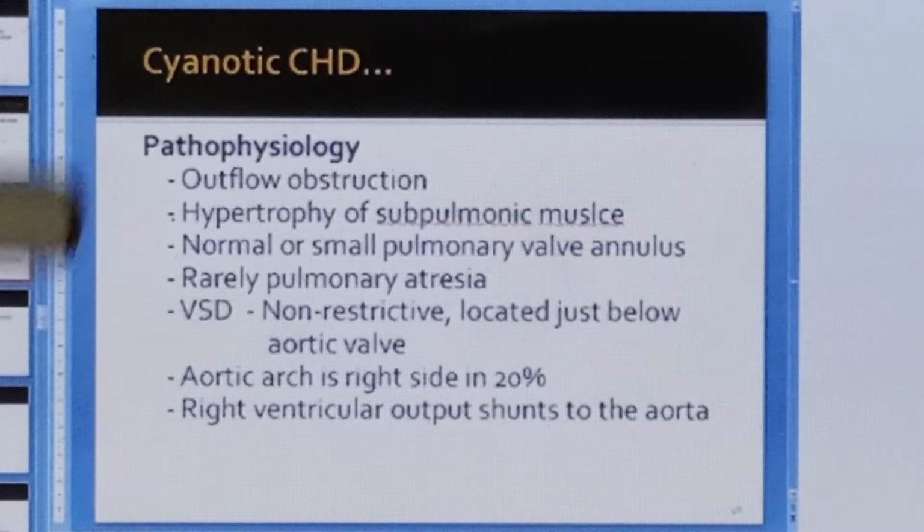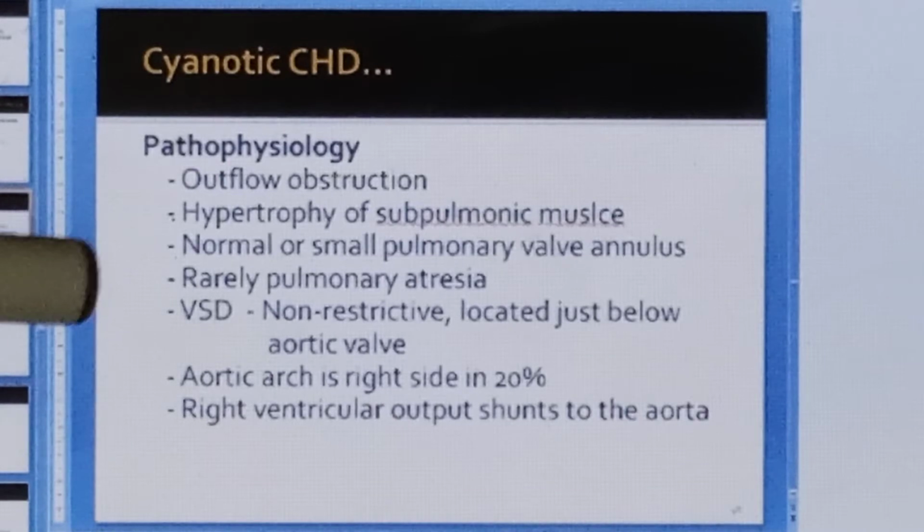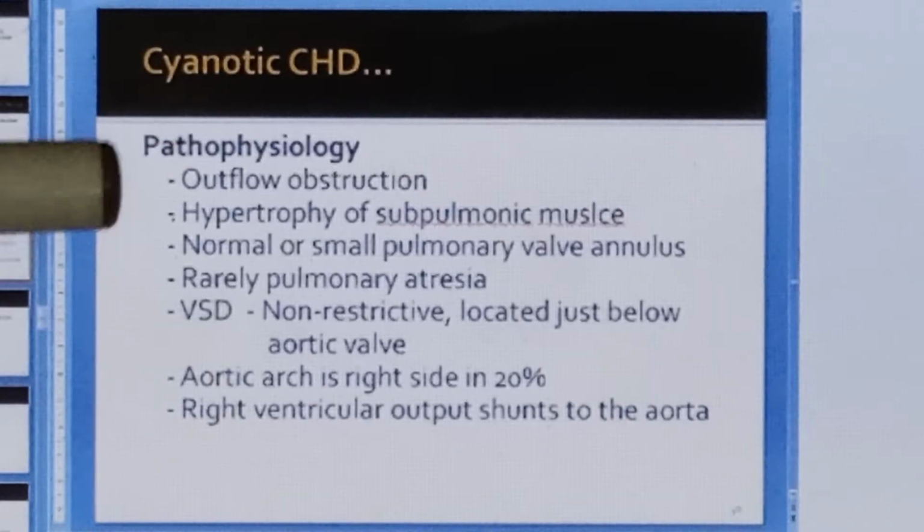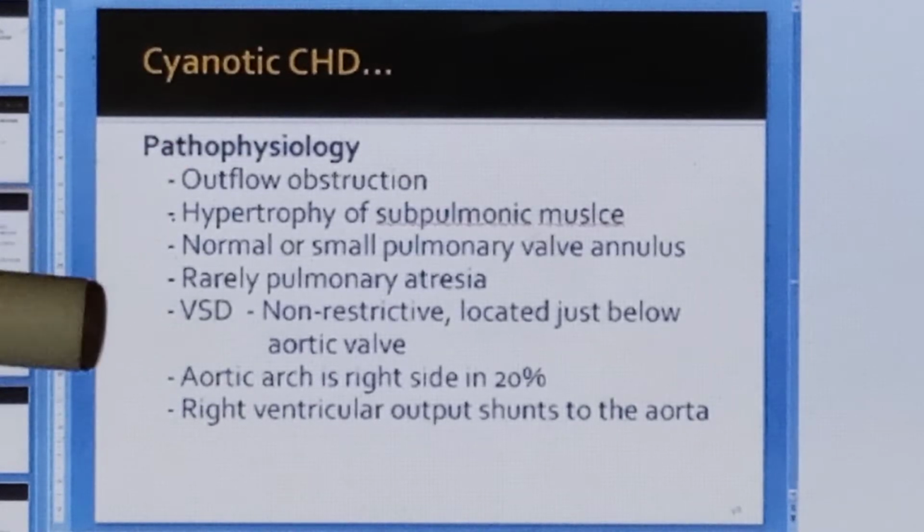And the main pathology here is that there is decreased oxygen supply to the viscera, which leads to hypoxia as well as cyanosis. Due to less oxygenated blood, there is hypoxia to the tissues, which leads to syncope as well in very severe cases, and there is cyanosis. This cyanosis or bluish discoloration is because of less oxygenated hemoglobin, or more than 5 gram of deoxyhemoglobin. So this was the pathophysiology.